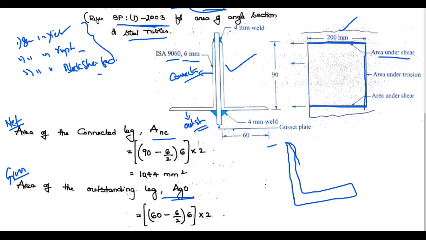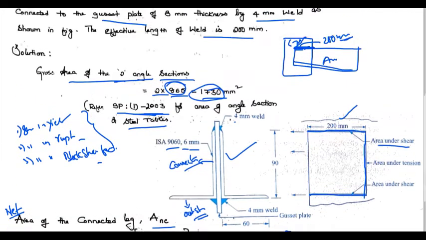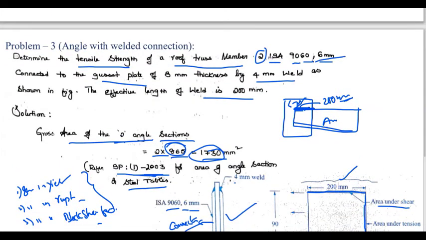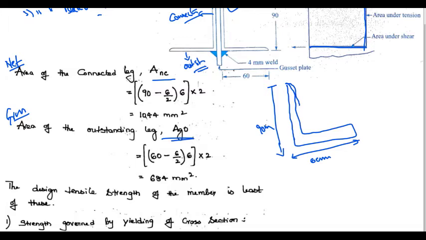See, this is something like 90 mm and this is 60 mm from this figure, right? So now why not put these values here? That is, thickness of this plate is 6, I think, right, 6 mm. Angle section is 6 mm. So when we are calculating it, up to here, what is the length? It is 90 minus 6. Up to here, the length is 60 minus 6.